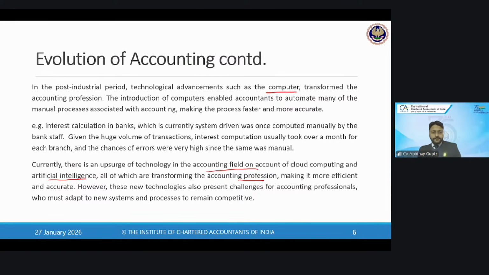So ChatGPT is an AI model, and what technology is it based on? It is based on LLM, large language model. Do you know what LLM means? No, sir. Okay, so large language model is nothing but